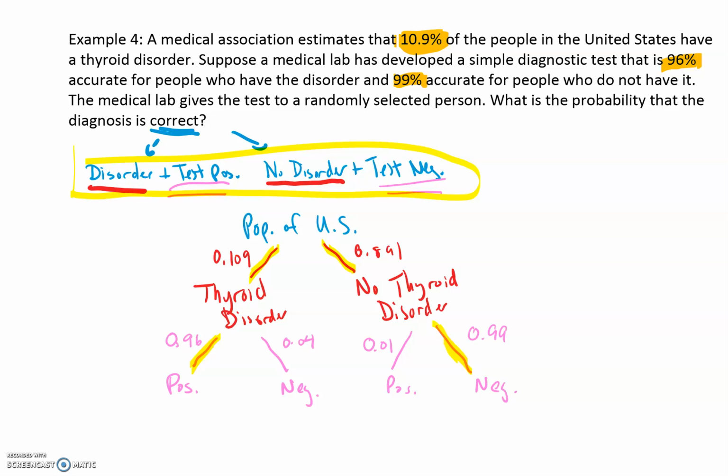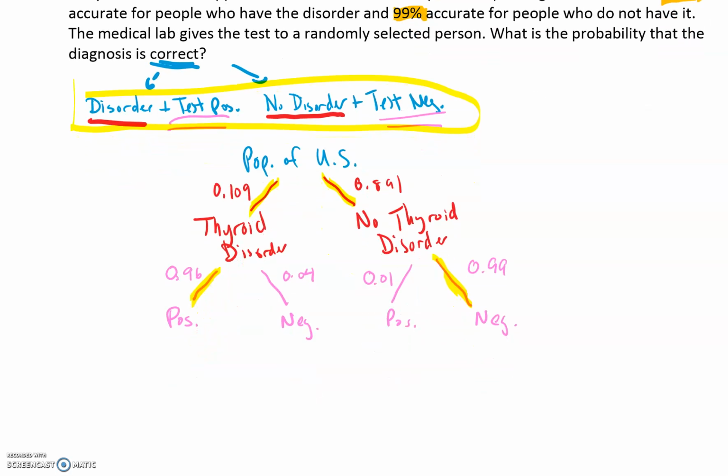So I've highlighted the two pathways to give us the correct diagnosis, because there are two correct diagnoses. And then how do we find this probability? Well, you can look at this as a combination of a dependent event and a disjoint event. If that sounds really complicated, let me just walk you through. So we have either you have a thyroid